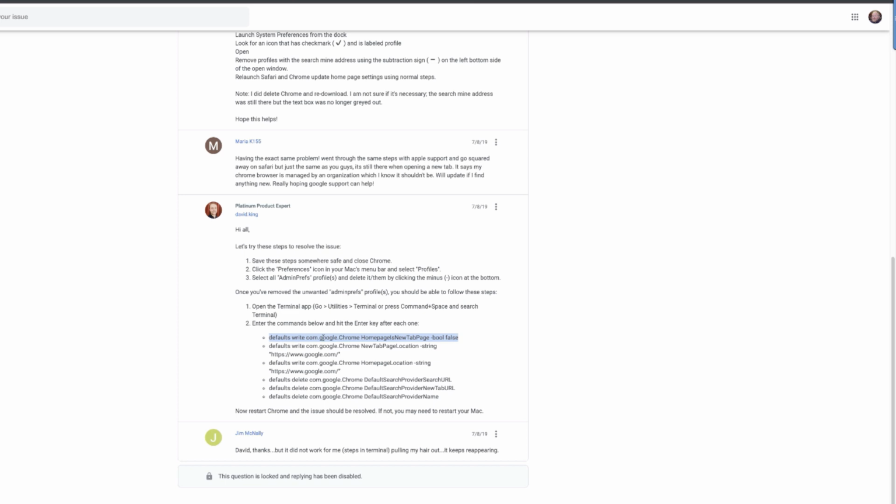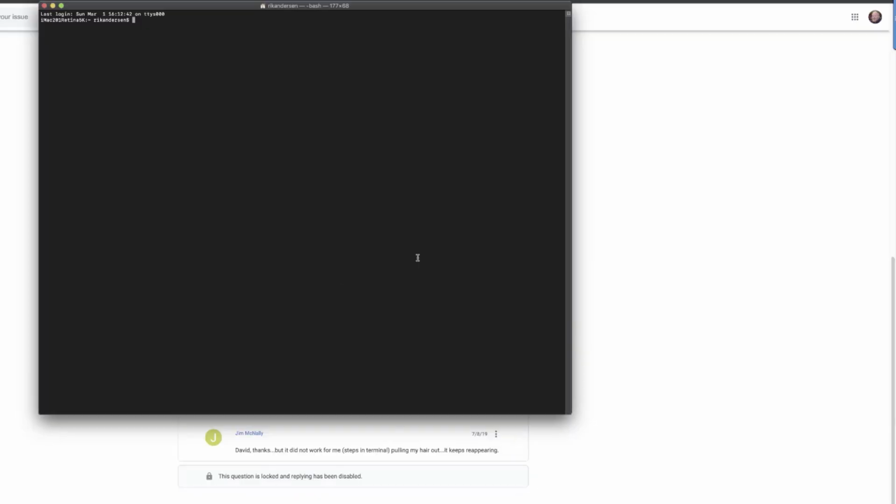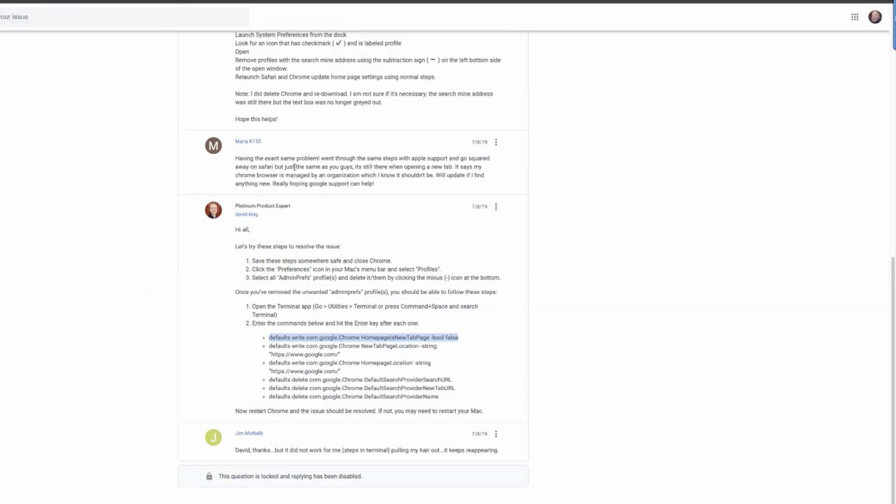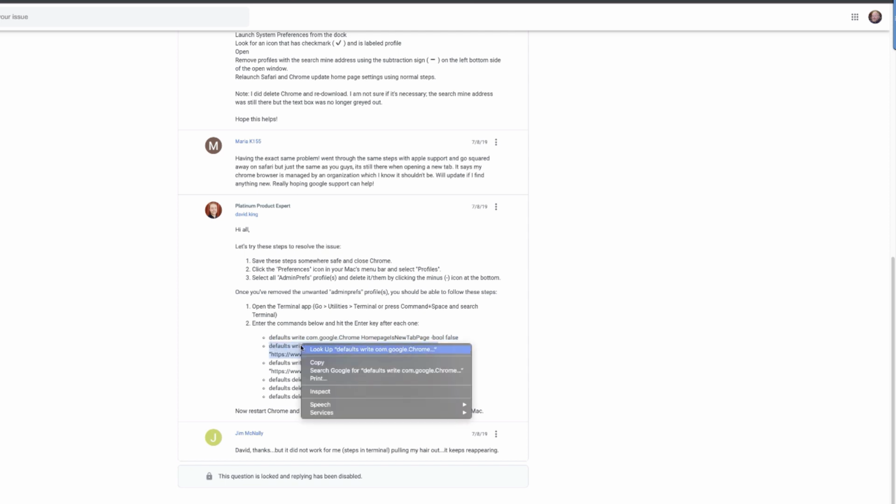So I'll take the first line, copy, and go to the terminal. I will paste it and hit return or enter. And I'll go back to the next bullet point, and remember, everything under each bullet point, so down to here,